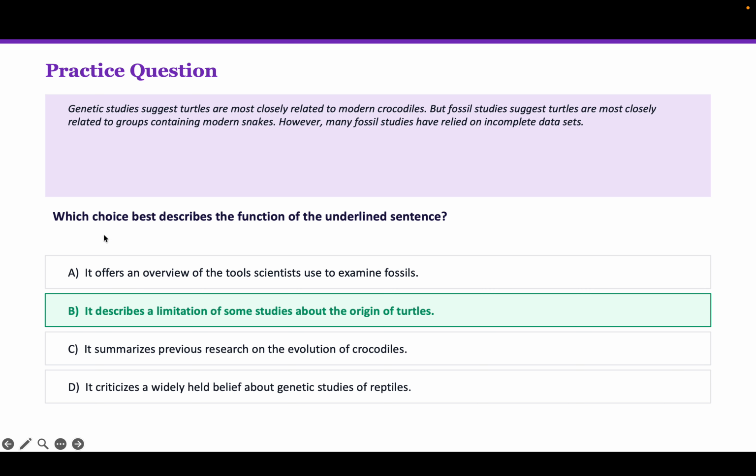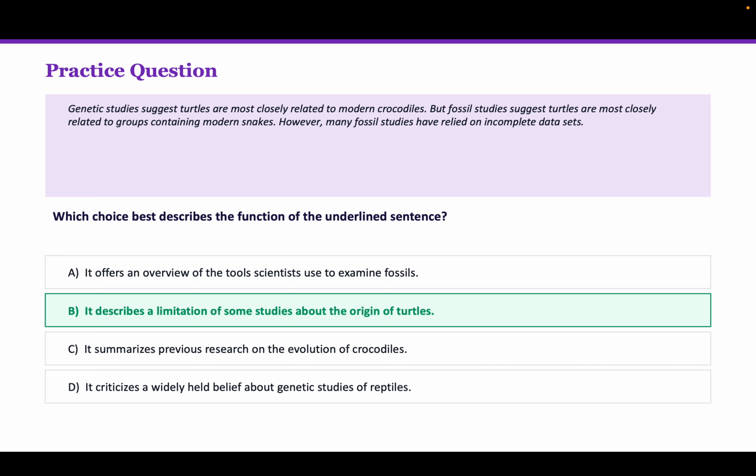But we can look at the other answer choices here. It offers an overview of the tools scientists use to examine fossils. That's not what the last sentence is doing. It describes the limitation of some studies about the origin of turtles. That is exactly what it's doing. It's telling us that they rely on incomplete data sets. That's the limitation. C, it summarizes previous research on evolution of crocodiles. Now that's completely